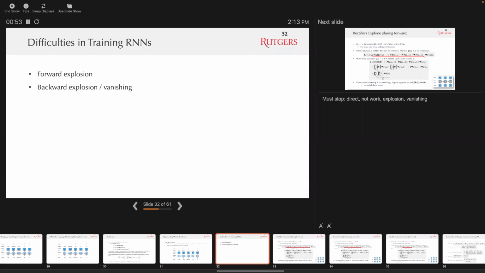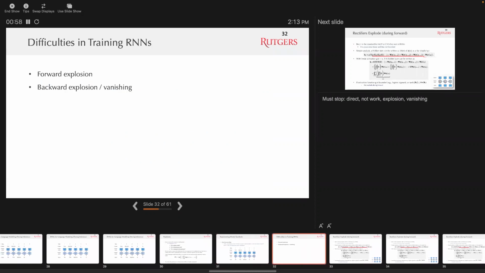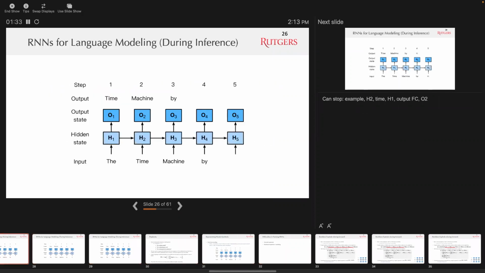Okay, so we talked about the basics of recurrent neural networks. By now you should be able to see what normal recurrent neural networks do. They compute the hidden state recursively, and then they use the hidden states to predict the output. And they have this weight sharing mechanism, a little bit similar to convolutional neural networks, because if you look at this equation here,